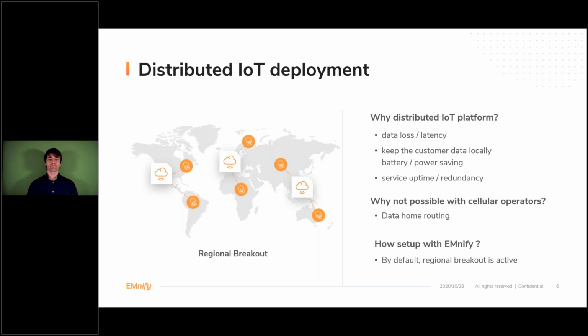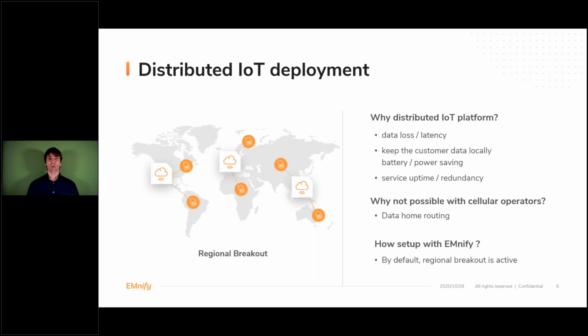Home routing means that if you use AT&T and use that SIM card in Australia, then the data will first be routed back to the US and then will go to your application. And this basically screws up everything if you want to build a distributed IoT platform.